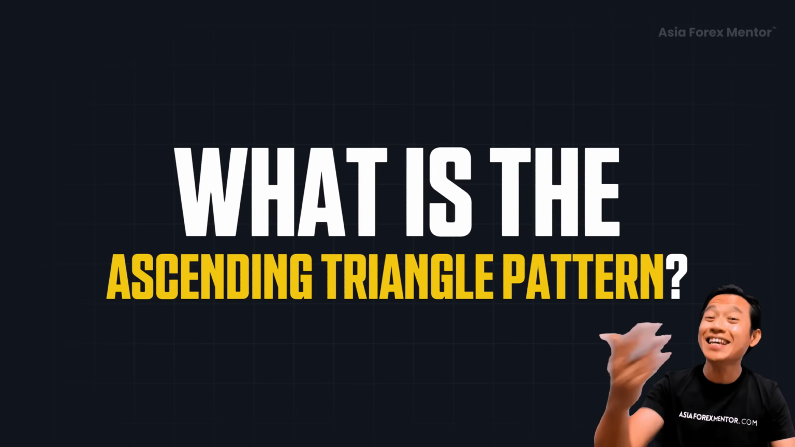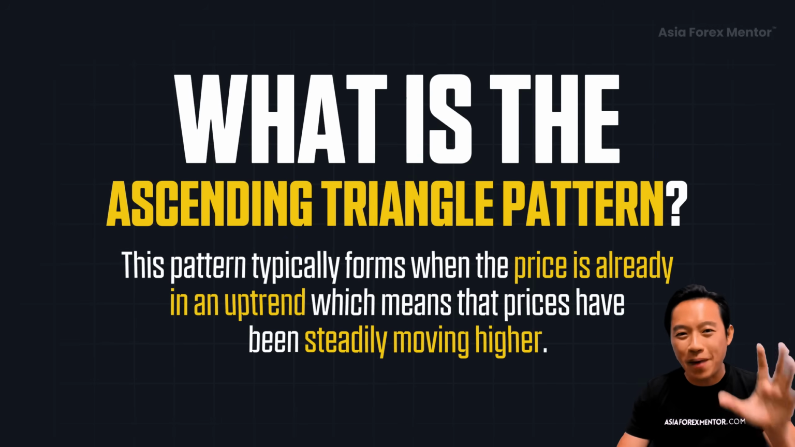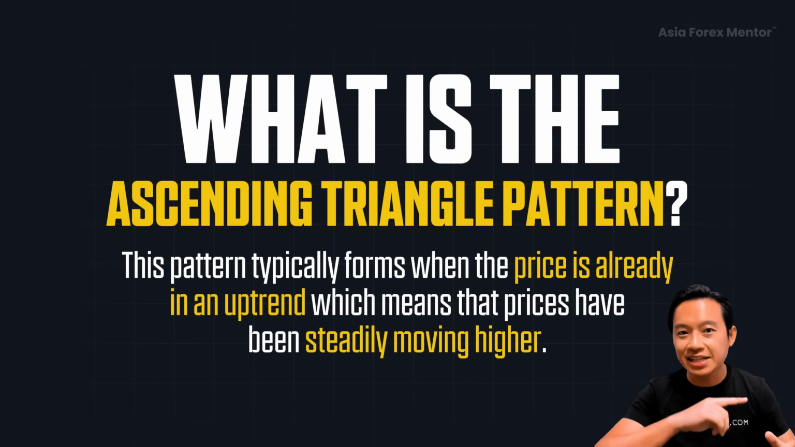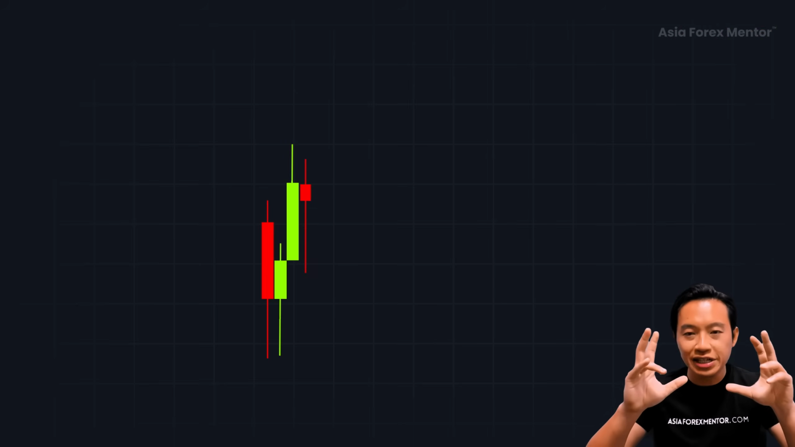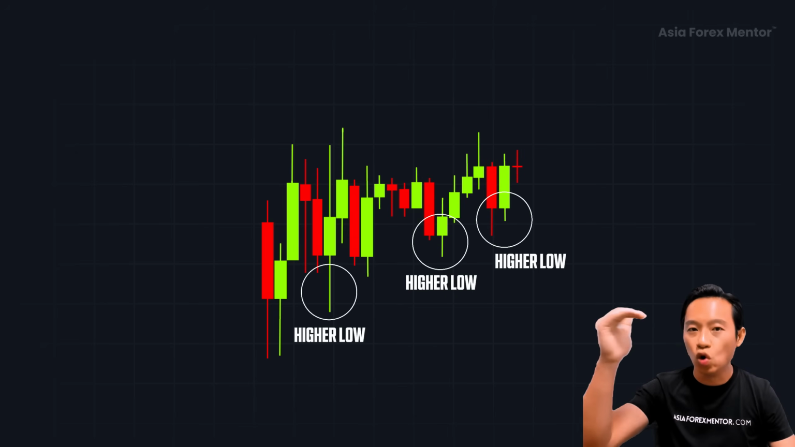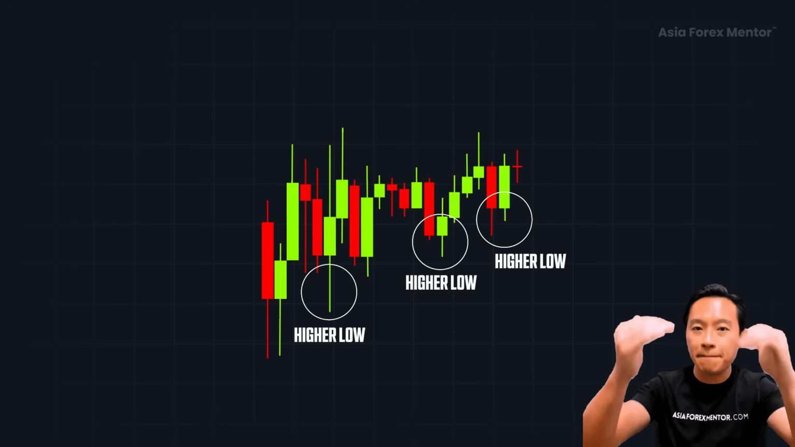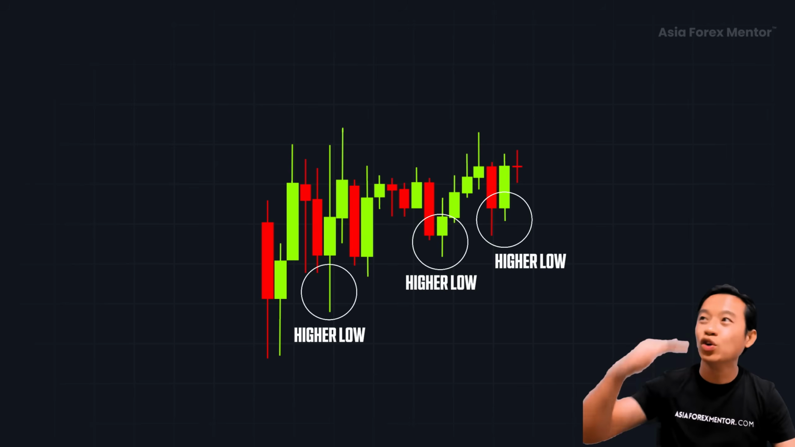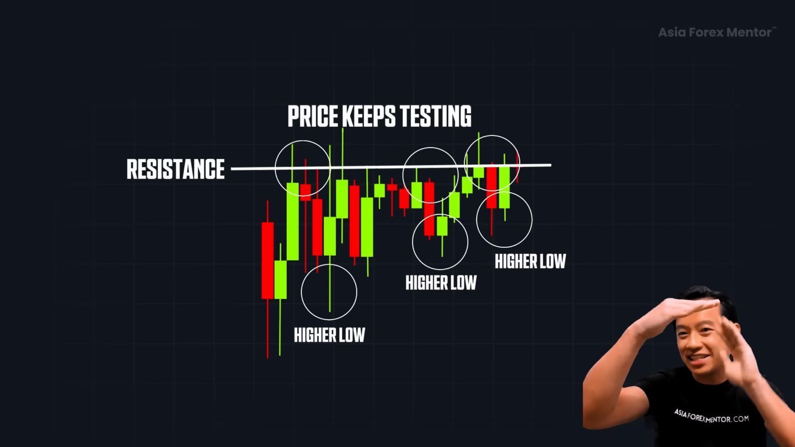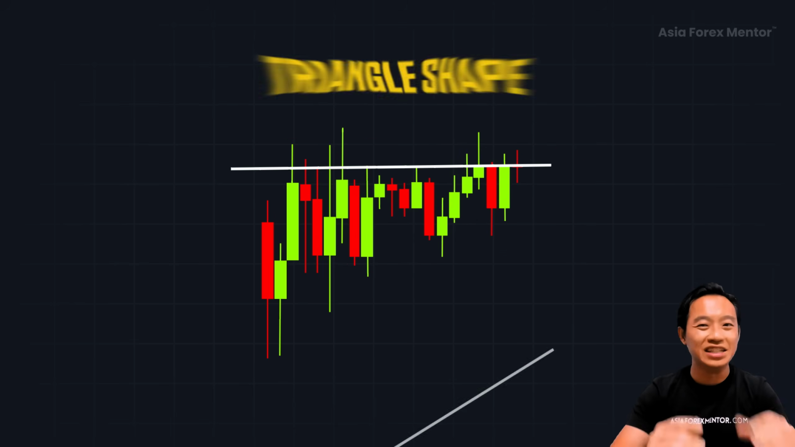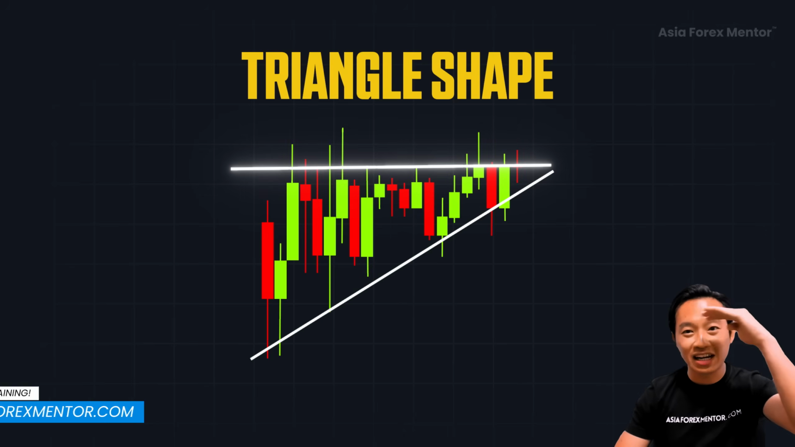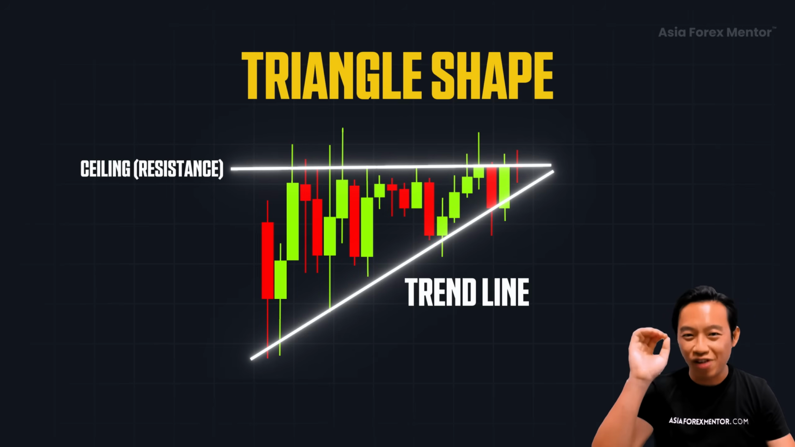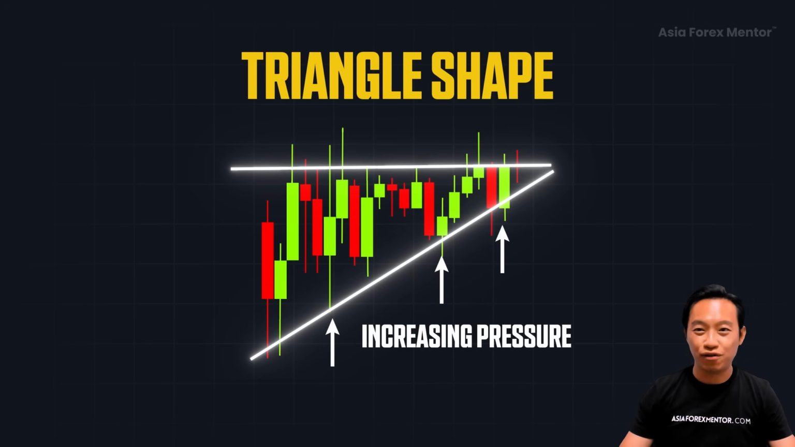Okay, so first off, what is the ascending triangle pattern? This pattern typically forms when price is already in an uptrend, which means that the prices have been steadily moving higher. If you picture this, you have a series of higher lows where the buyers step in aggressively, moving price higher at each price level. At the same time, you will notice a resistance level that price keeps testing but can't break through. So this creates the triangle shape on the chart, right? With the horizontal line acting as the ceiling that the price is trying to break, while the rising trend line